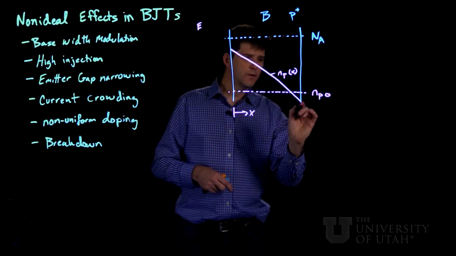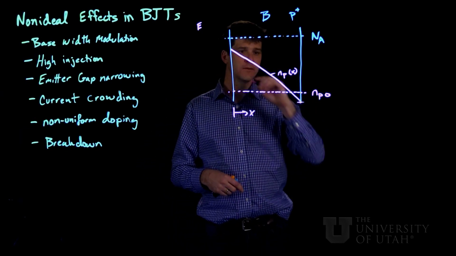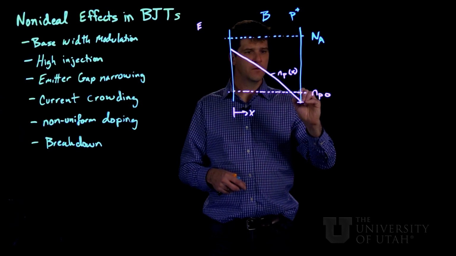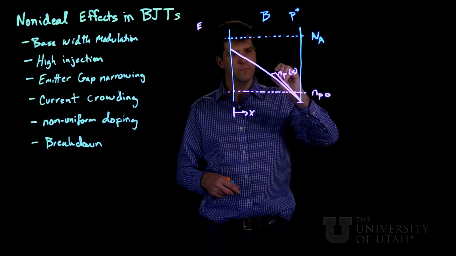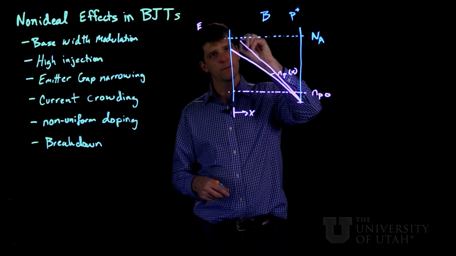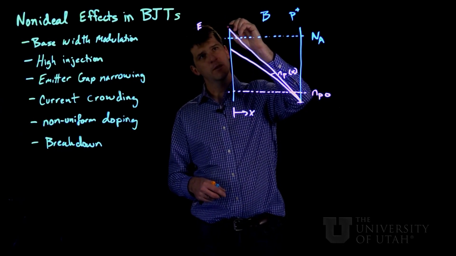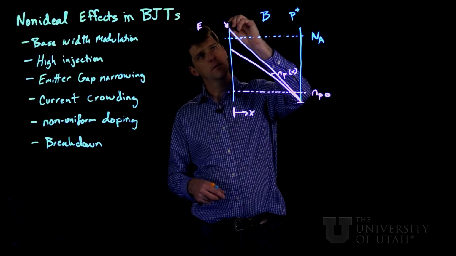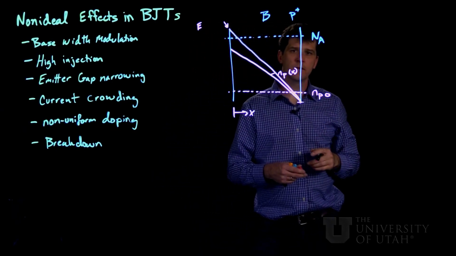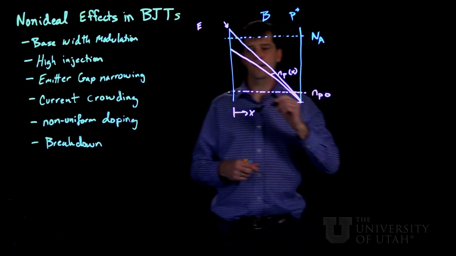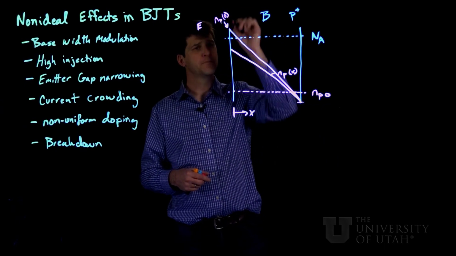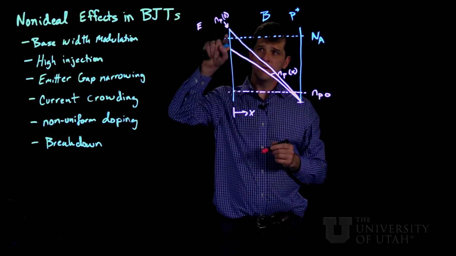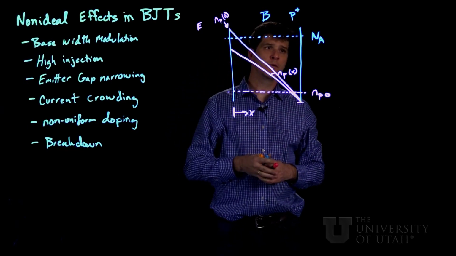And in high injection, what happens is this slope is going to increase in order to meet the much higher injected number of electrons at x equals 0. So this is n_p of 0. But we've exceeded the number of